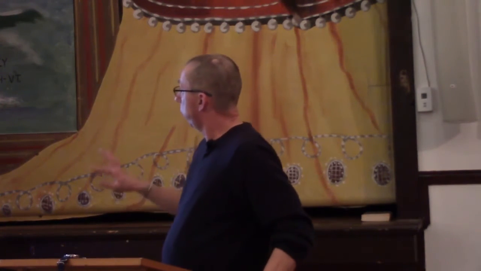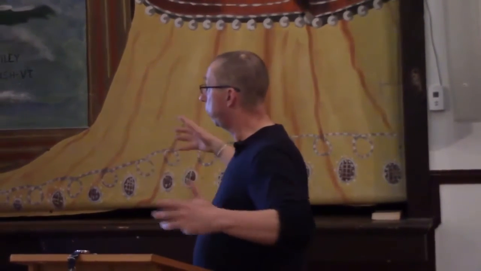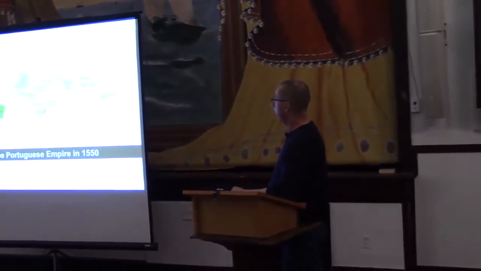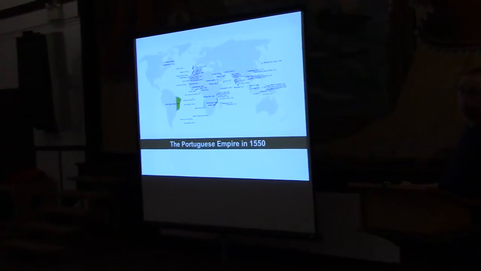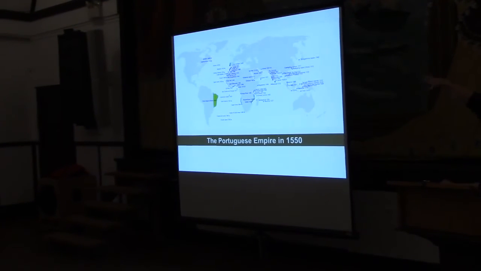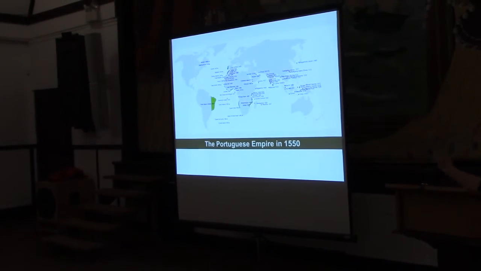So you start to get the integration of Europe directly into these trade networks of the Indian Ocean. I don't know how well you can see this; it's not particularly clear, but anyway, by 1550, these are all Portuguese outposts, trading outposts. So you can see on the west coast of Africa, on the Swahili coast of Africa, right across several places on the coast of India,